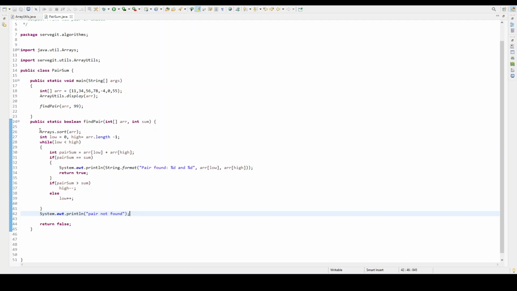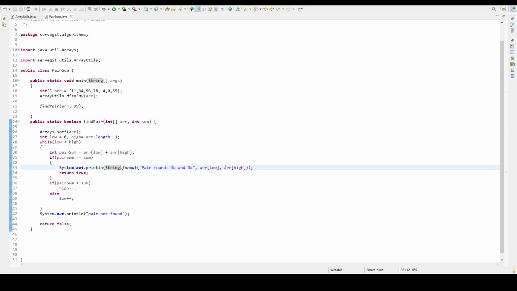So very simply, we sorted the array, and we set the low and high pointers. We created one loop in which we iterate until low is less than high, and for each low and high we add them and compare with the required sum.